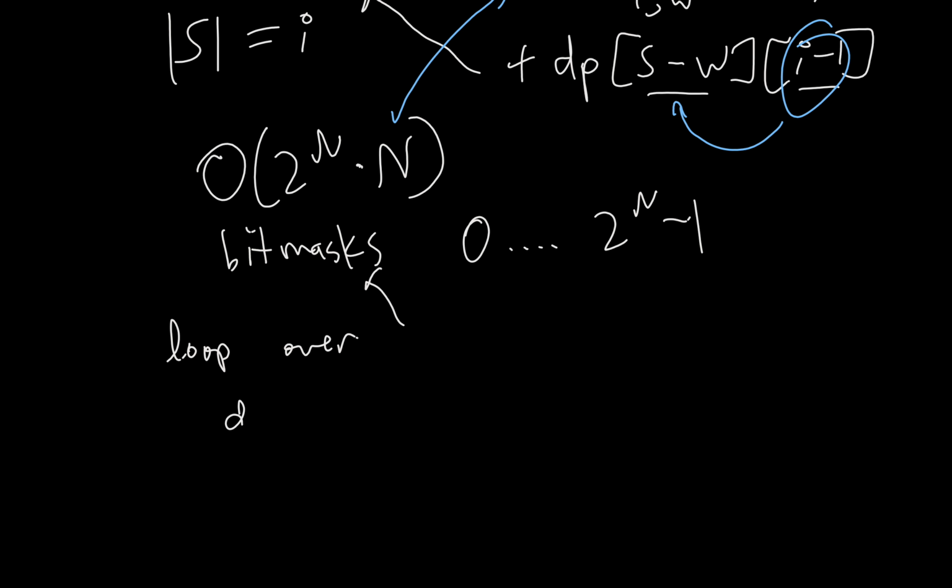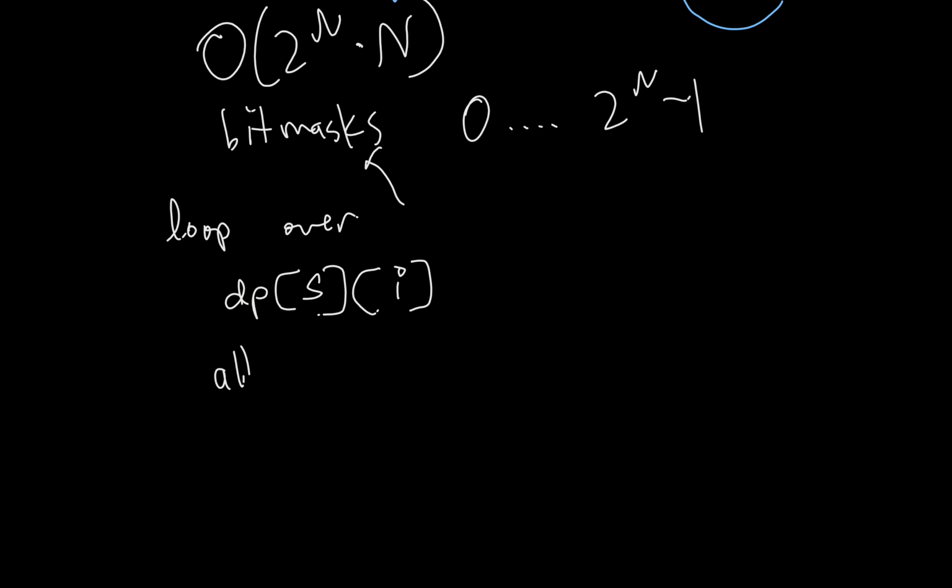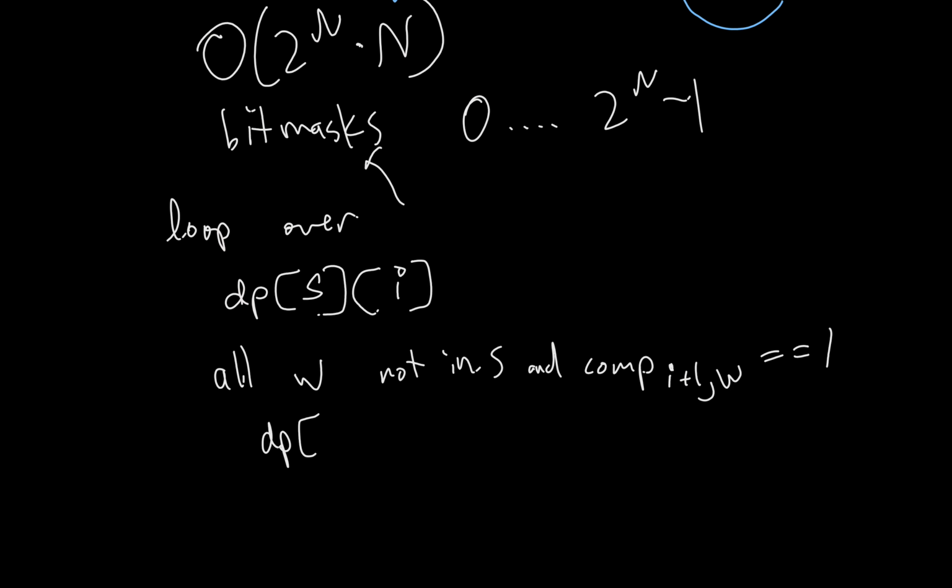Basically, for each dp of some S of i, essentially what we do is we'd go for all women not in S, which are compatible with man i plus 1. Then we would do dp of S plus that woman who's now being paired, and i plus 1, because now we've paired all of the men up to this point,